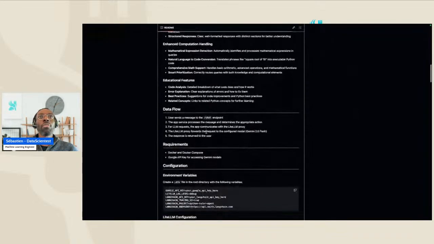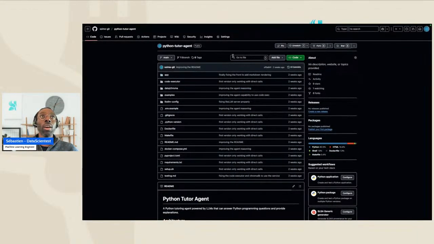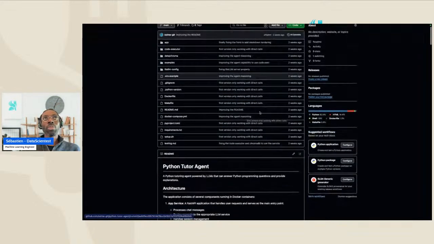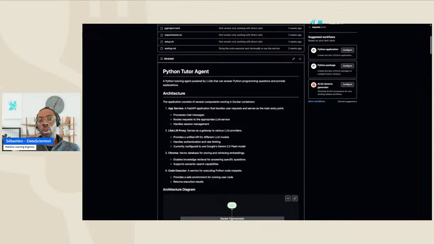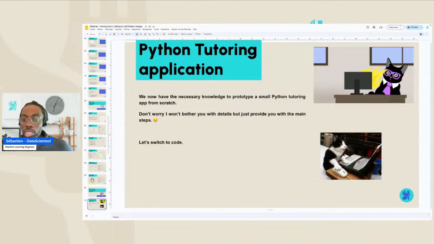Yes, so you have the whole code here. I will provide it later on. I need some fixes to perform, but I will provide the whole code once done. And you will have all the code in the repo with the documentation and everything. And of course, yes, this is recorded as well. You will find it later